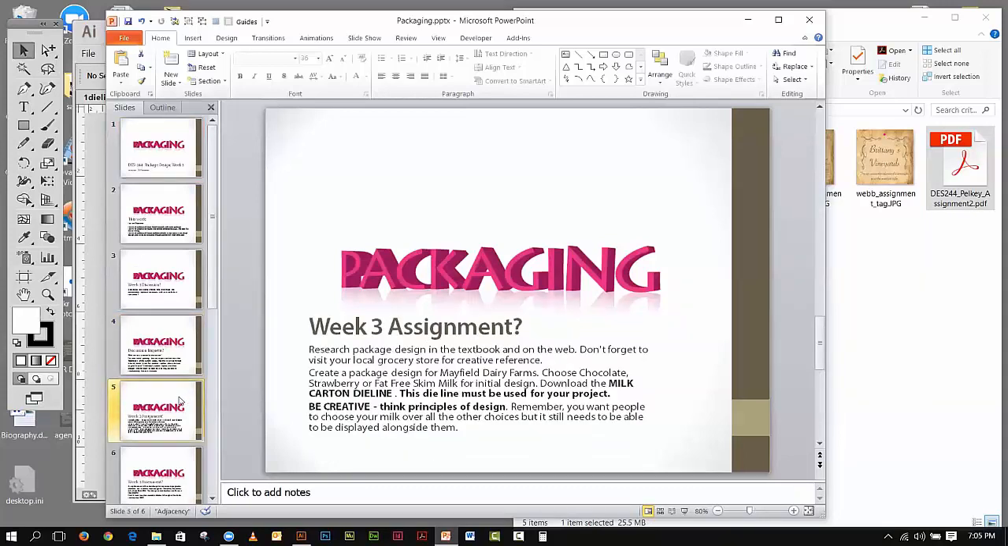Week 3 assignment. You're going to research your package design in the textbook and on the web. Don't forget to visit a local grocery store for creative reference. I tell you to do this because, believe me, going in and taking a look at the actual product that you're going to mock up, the product that you're going to design, is going to help you a